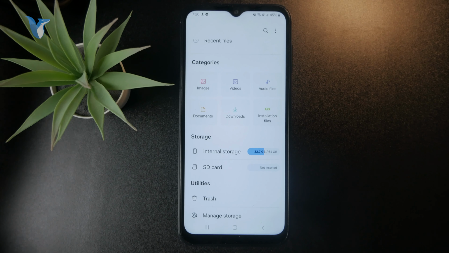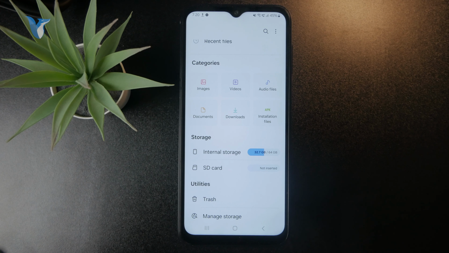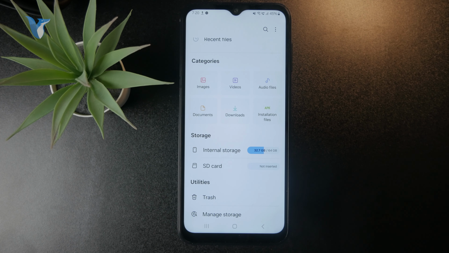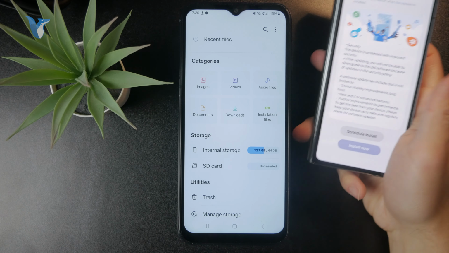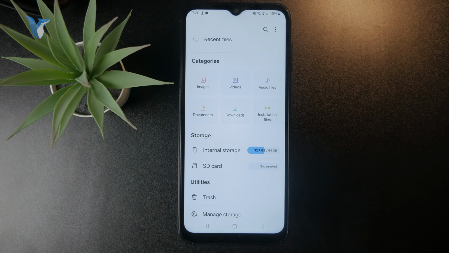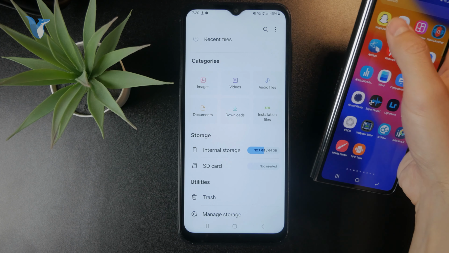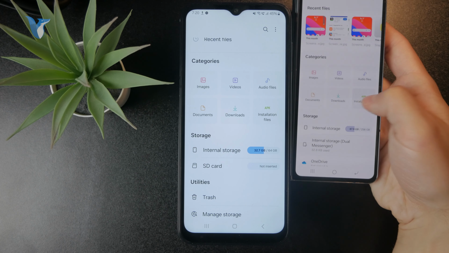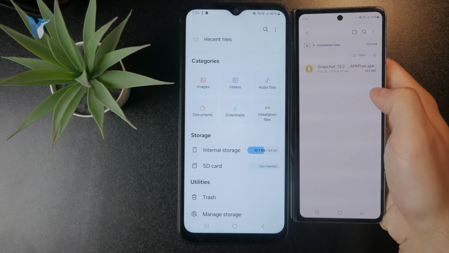But if I take out another device in here, sorry for the sound, I'm going to have the ability to show it to you. So on this other Samsung phone, I can go to the files as well, like this. And as you can see in here, if I go to the installation files, I have one of them,